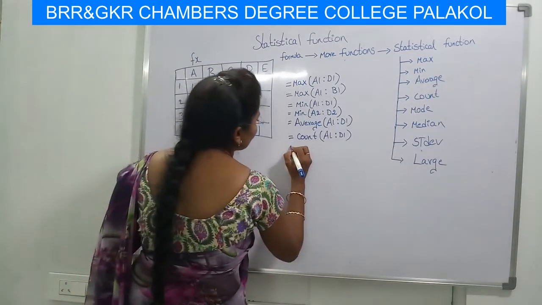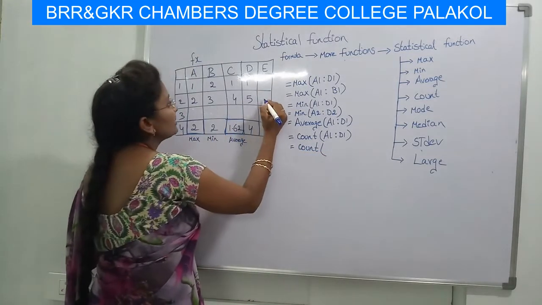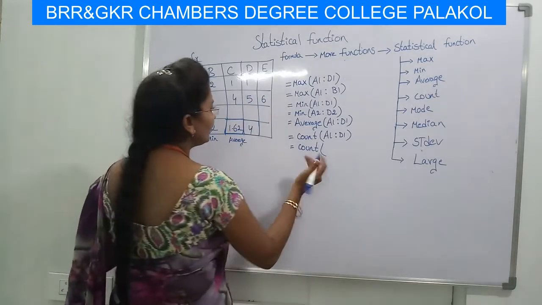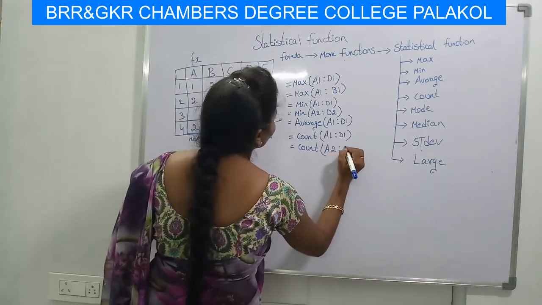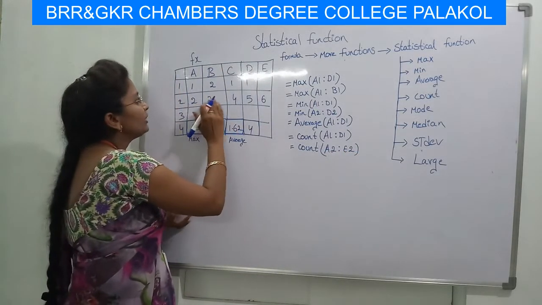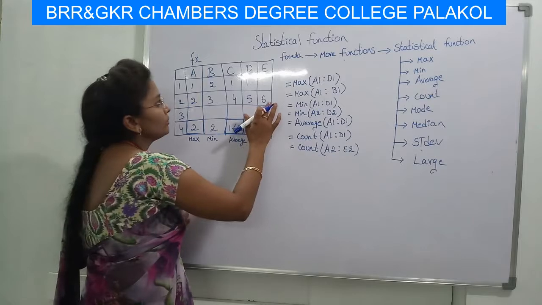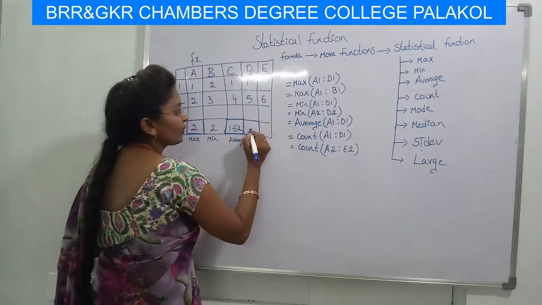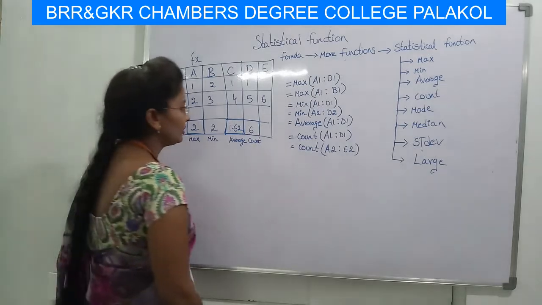And here is another example for count. Here I am taking the cell reference E2 and writing some data, 6, there. I am taking the cell reference A2 colon E2, and it will check the numbers, 1, 2, 3, 4, 5. That means from A2 to E2 the total count of numbers is 6. It will be displayed here. And this is the result of the count function.